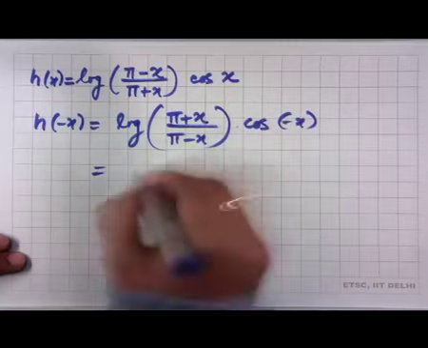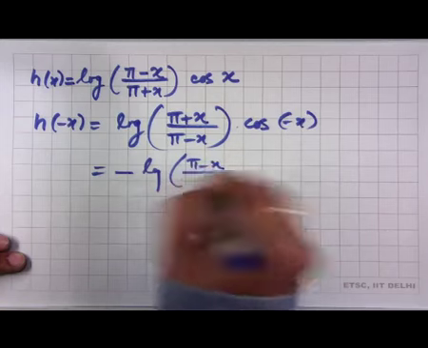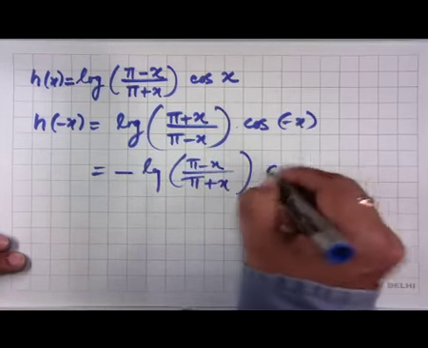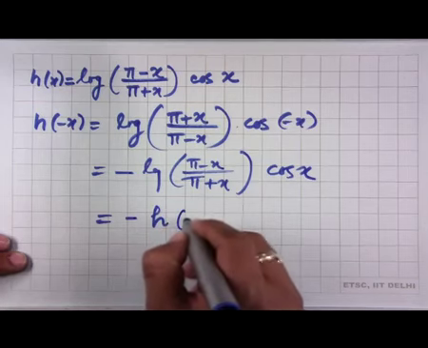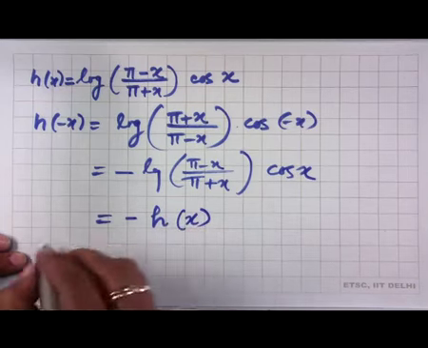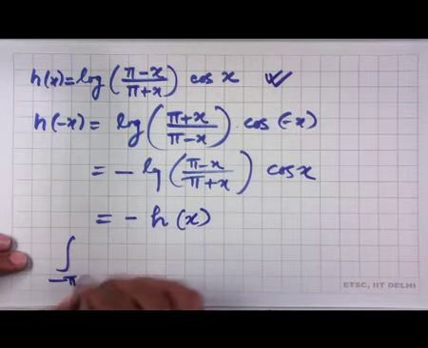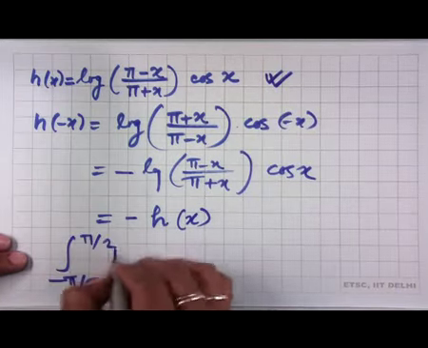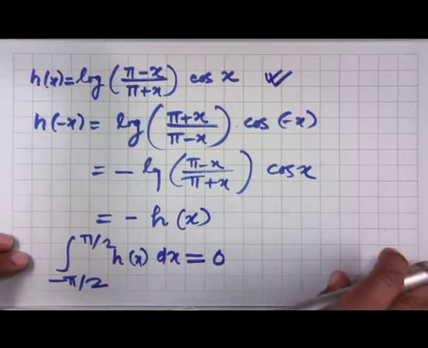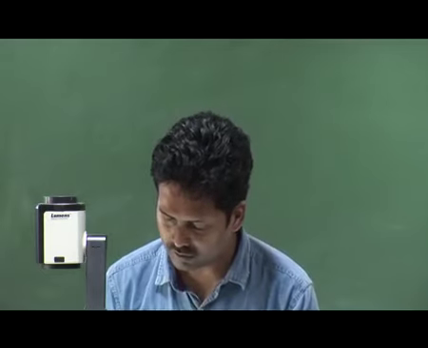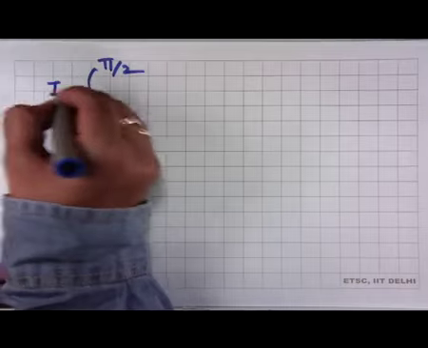By using the property of cos x and log, this is an odd function, therefore the integral of h(x) dx from minus pi by 2 to pi by 2 will be 0. So finally you got this expression, which is the value of the original integral,